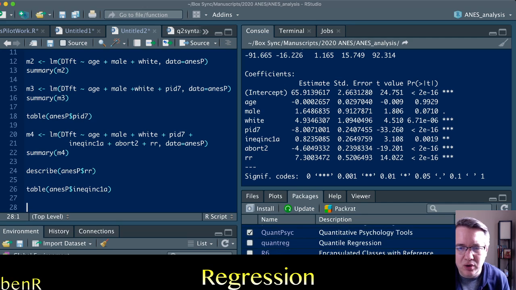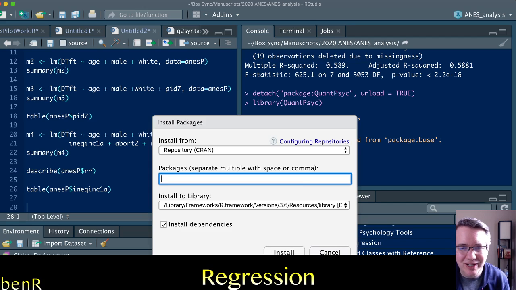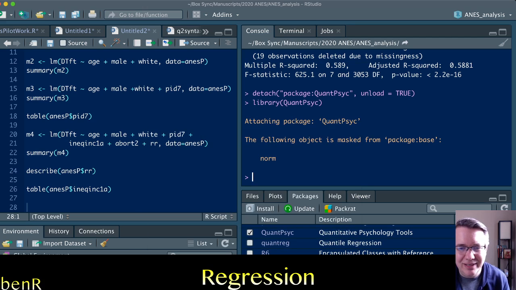So I use the quant-psych package, which you can load. If you install this quant-psych package, you can load it by typing library and then in parentheses quant-psych. Or if you're using RStudio, you can install it by clicking this install button and searching for it, and then finding it in your little environment here and clicking it. So once you have quant-psych loaded and installed, you can do